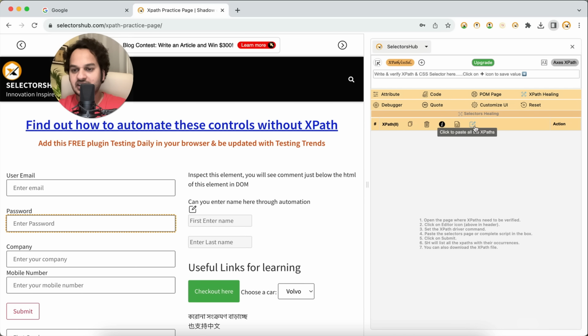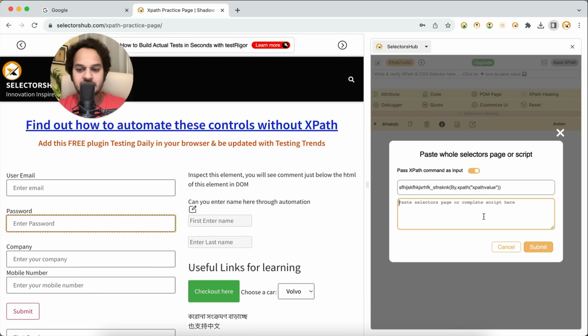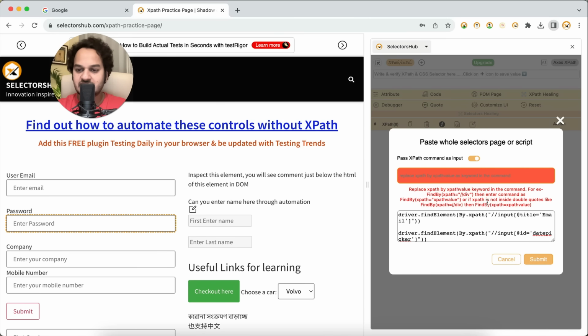Click on the edit button and paste your complete code here, and set the command you are using in your code. So we are using this driver.find_element command, right? We'll copy this, and it is just a one-time task, you need not set it again and again. Delete this and type the XPath value here,